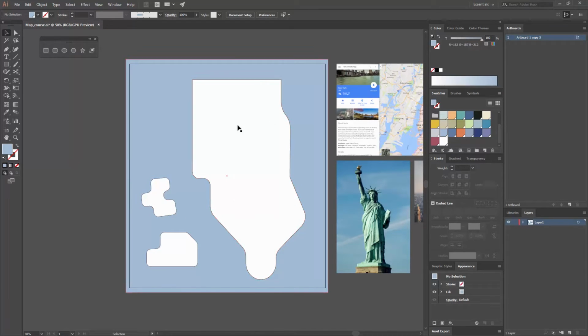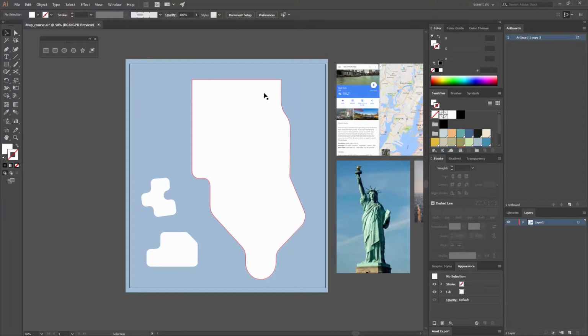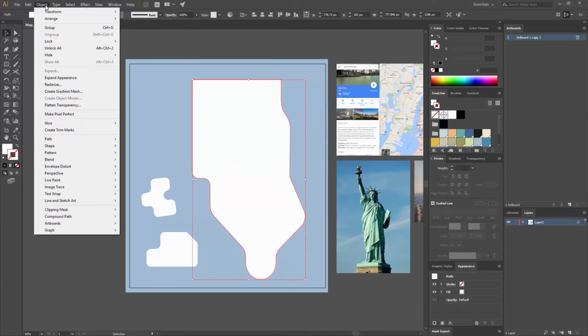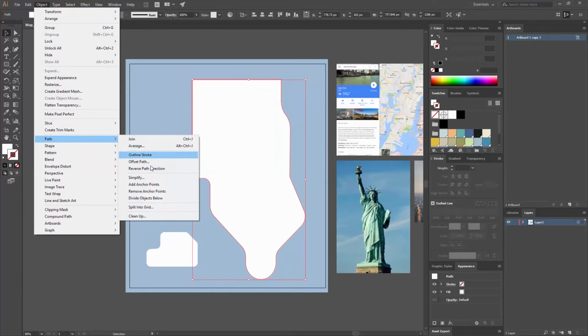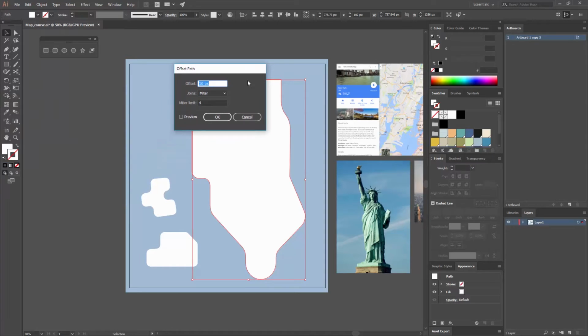Now for the islands that I created, I'm going to select them all and then select here to remove the stroke because we don't need it. And now one thing that I want to do is create a shape to make some kind of border around here so I can easily differentiate between the water and the land. To do that, I'm going to select this shape, then go to Object, then select Path, Offset Path,